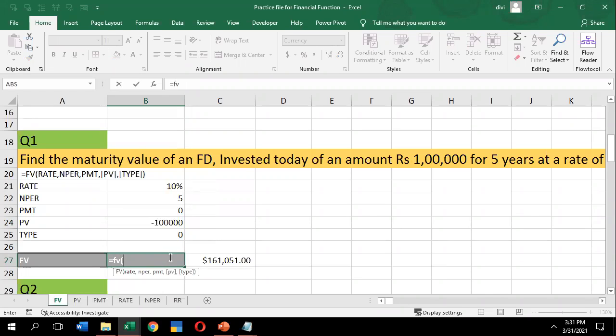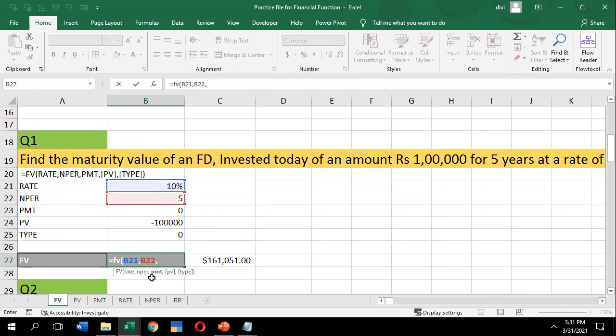Open the parenthesis. First it asks for the rate, which is 10%. For better classification I have segregated it over here. Rate is 10%, comma, NPER, that is the number of years, which is 5, comma.